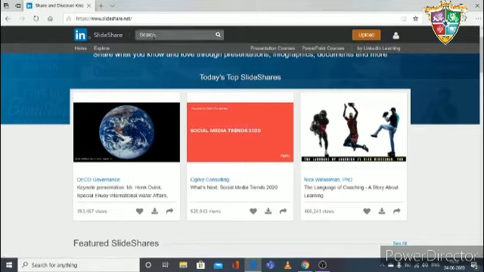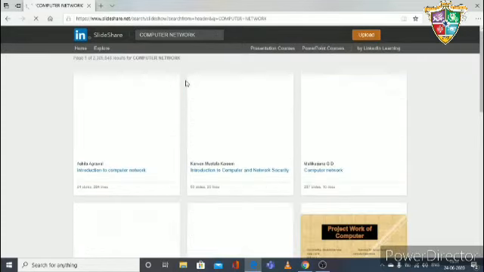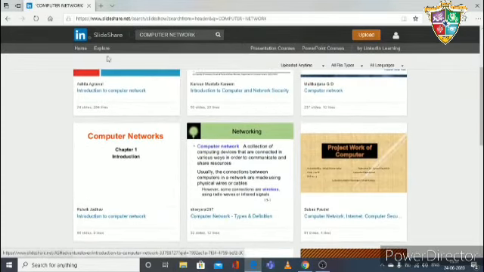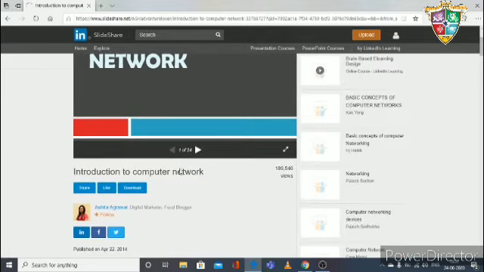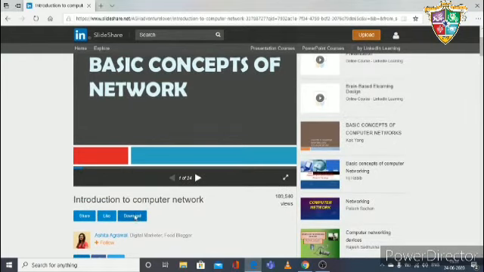Now I'm putting my topic, again the same topic, computer network. And choosing the first one, introduction to computer network, and download.